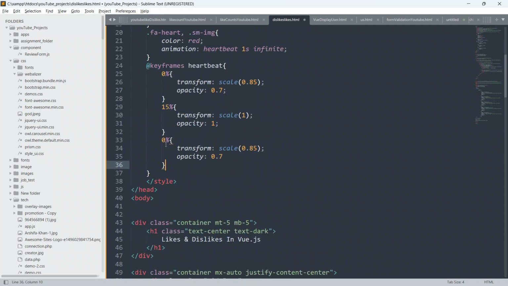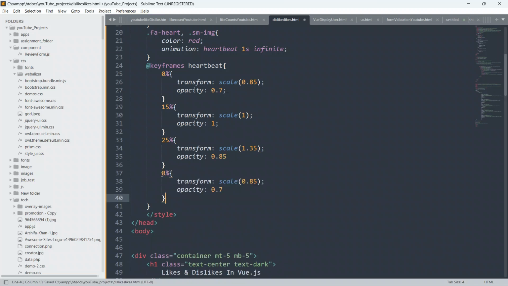Paste this again, and define this percentage as 25, and give transform scale 1.35, and opacity 0.85. Again paste it, define this percentage as 50%, and give scale 1.15, and opacity 0.6.